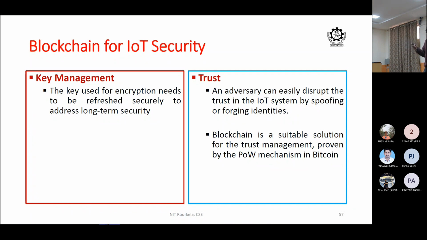Now, if you have trust, then you can build a network. That means in an IoT system you can have a group of trusted people. Once you have that group, you can make members in the group and register the group into the blockchain, including the information of the group and its members. Then in the blockchain, you can design a smart contract so that members of the group can access the information in the chain, and no members outside the group can get access to the blockchain. So there is a mechanism to provide it.